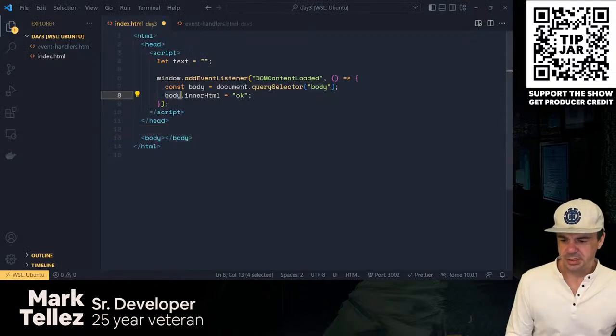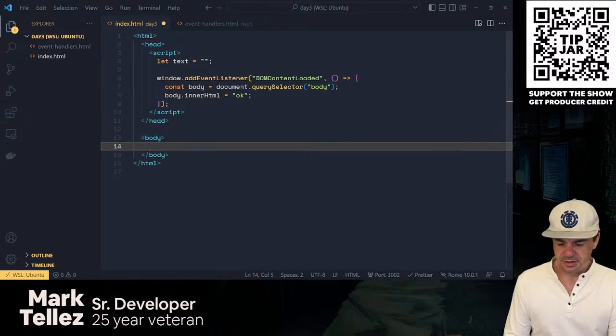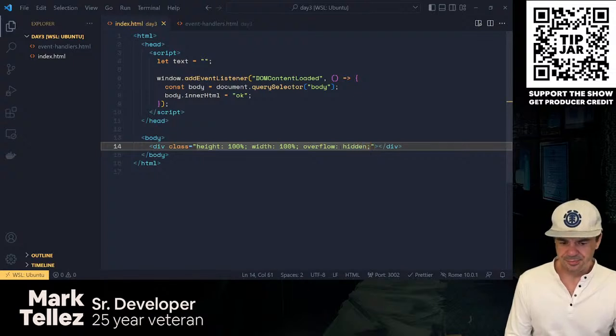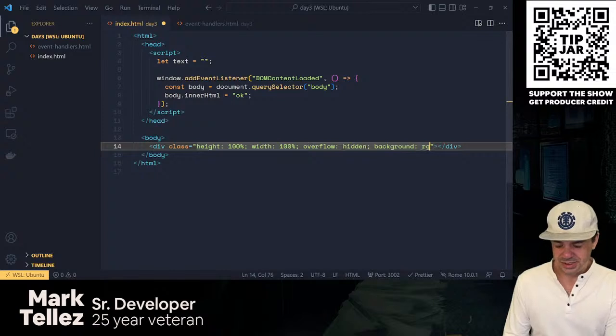All right, let's try a new tactic. What if we have a span in here? What if we have a div in here? And the div will just take up the entire thing, right? So, height 100%, width 100%, overflow hidden, background. No, I'm not doing Tailwind. Background RGBA. We're going to do 0, 0, 0, 0.9,